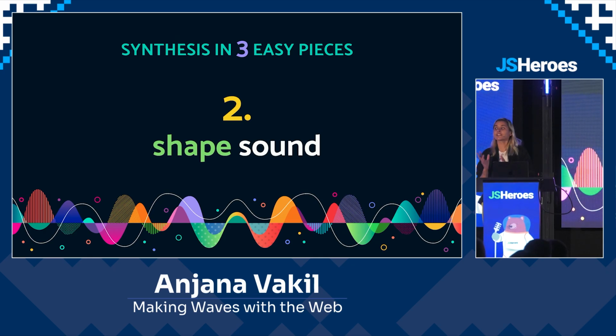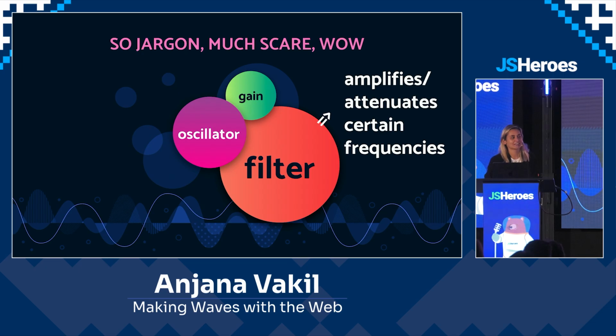Now, we've already modified the shape of the sound a little bit just by switching between these different types of waves, these different shapes. But where things get really interesting is once we start using filters. I told you I wasn't going to talk about functional programming, slightly. But just like a filter on a JavaScript array lets us decide, OK, I want these elements from the array, keep those, and those other elements, filter those out. I don't want those. A filter in the audio space, or an audio filter, essentially is doing this for each different frequency in our frequency spectrum.